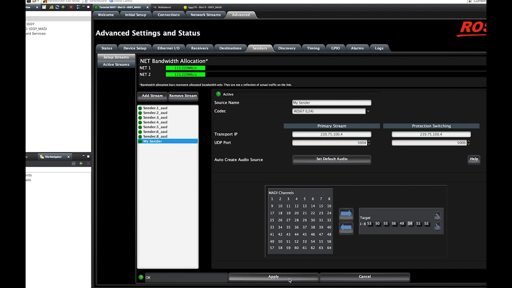Always click the Apply button at the bottom to save the changes to a sender and make the Iggy start sending with the new configuration. The status field shows if there are any problems with the created sender. The colored dots beside a sender in this list indicate if the sender is working properly, green, or if there is a potential problem, yellow, or an error, red.